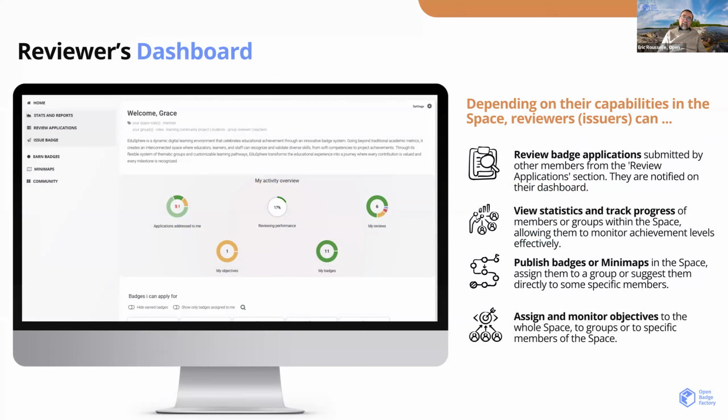Usually a space manager with reviewer rights can review badge applications submitted by the members. They can, of course, view statistics and reports and track progress. They can publish badges and minimaps, so they can build these pathways using the badges coming from the OBF environment. And they can assign and monitor objectives, which is an important feature here.